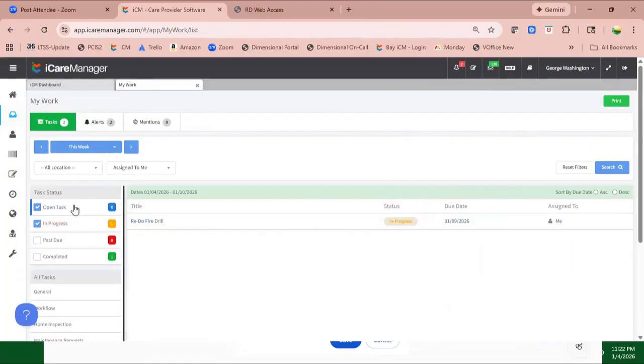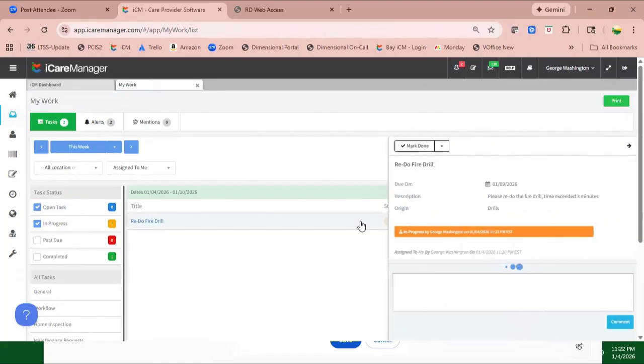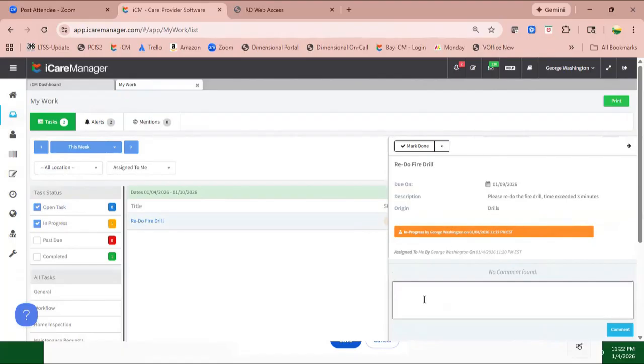And notice that changes from an open task to in progress. So I can come over here and look at my in progress. So now say I've completed the fire drill now. What I'm going to ask that you do is that before you mark this as done, that you go ahead and alert your program director. So I'm actually going to go ahead and alert myself